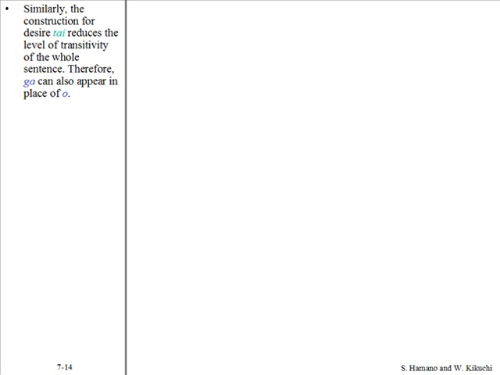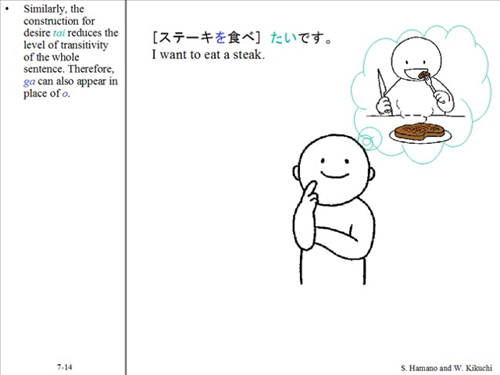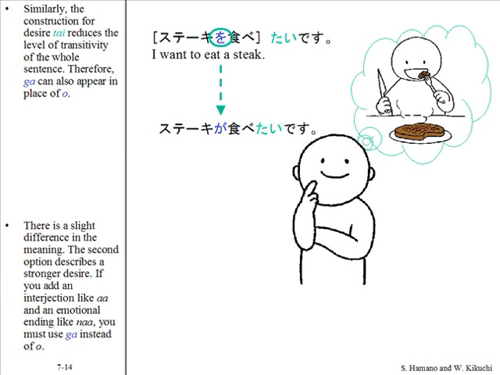Similarly, the construction for desire, tai, reduces the level of transitivity of the whole sentence. Therefore, ga can also appear in place of o. ステーキを食べたいです。ステーキが食べたいです。There is a slight difference in the meaning. The second option describes a strong desire. If you add an interjection and an emotional ending like na, you must use ga instead of o. ステーキが食べたいな。